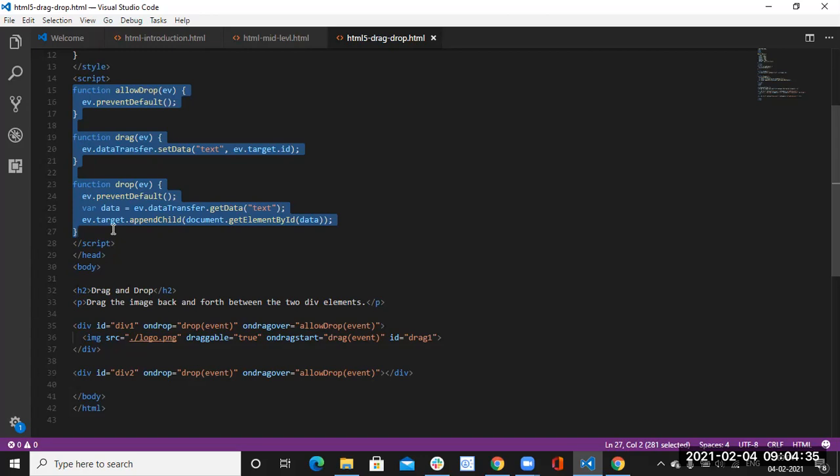Means you are navigating from one page to another page. You have filled one registration form. You have clicked on the next button. Then what will happen? This registration form data will be completely gone when you click on the next button. It will go to the next page, right?